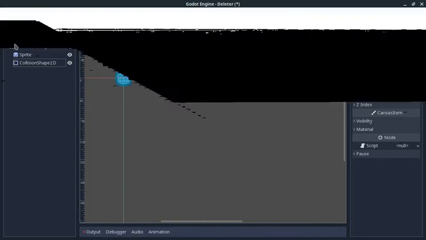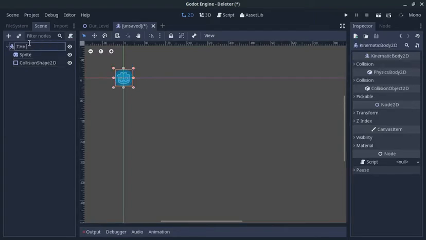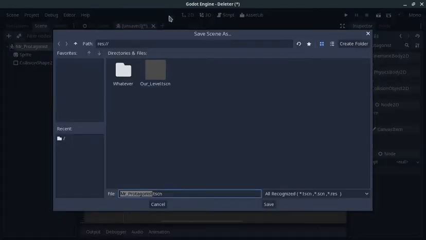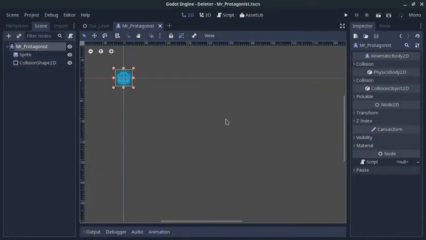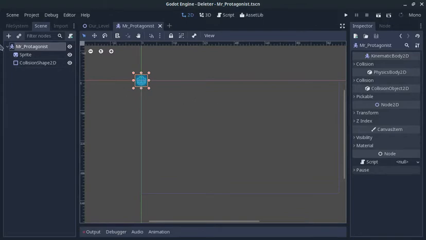So let's save our character. Let's give it a name. Let's call it Mr. Protagonist and save it. As you can see, it will be the Mr. Protagonist scene. You can give it a different name from the node, it doesn't matter, as long as you remember it. So save. Now, this is the cool part about Godot. We can work on all the components that make up the Mr. Protagonist